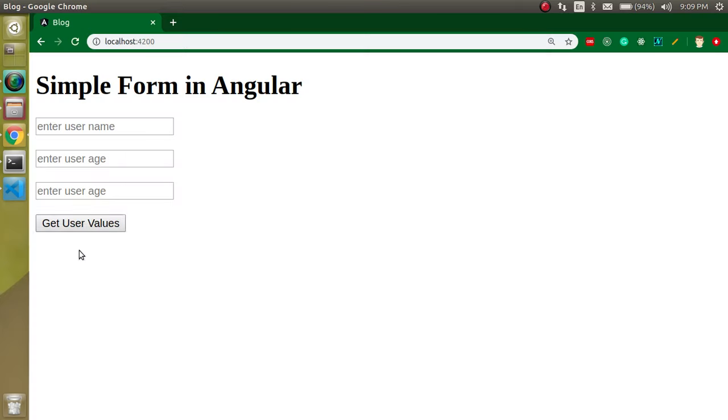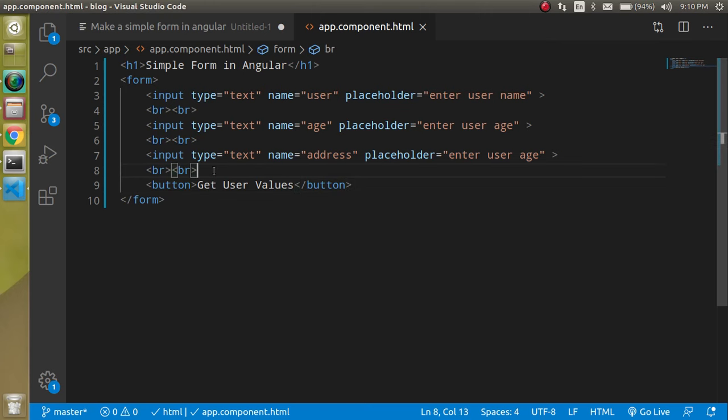Here you can see that we have a very small and nice form. This is not looking cool, but that's okay. It will be fair enough to learn about forms, right? And after that we have to define a form name here. So let's make a form name, let's say simpleForm or something. And we have to assign it ngForm, right?